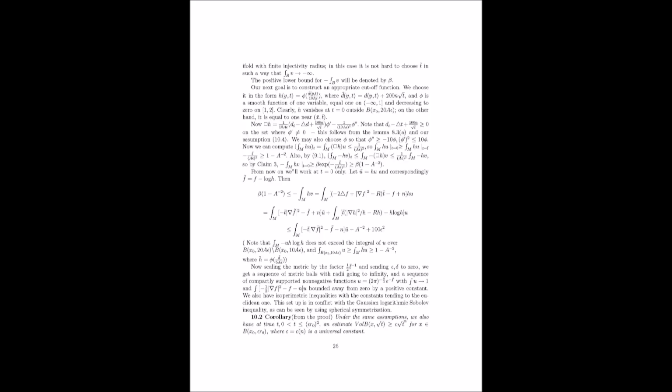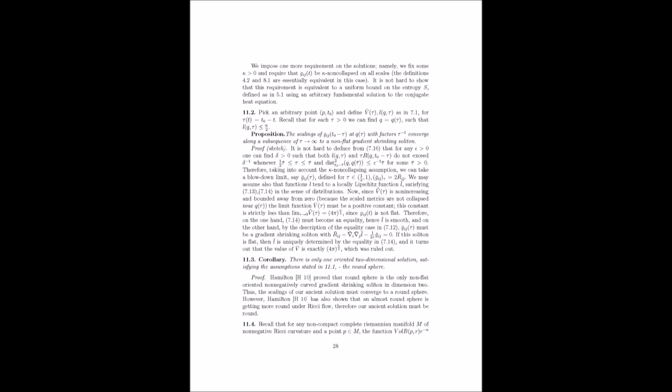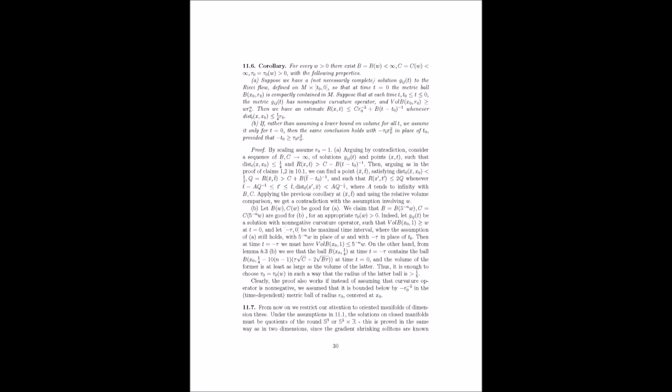Okay, so we have this reduced volume, and it doesn't decrease as we go back in time. But how does Perelman actually prove this monotonicity? His proof takes us on a journey through what's called comparison geometry, which is a field of mathematics that compares geometric quantities on different spaces. He introduces a modified notion of length for curves, which he calls the L-length, and this L-length takes into account the evolution of the metric under the Ricci flow. So instead of measuring distances with the usual metric, we're using the special L-length that incorporates the flow.